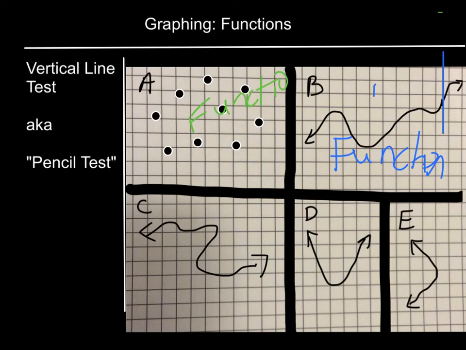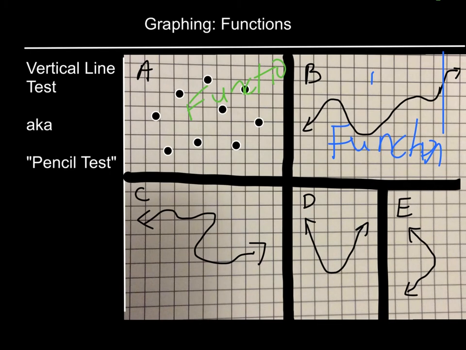As I look at the next one, get myself another vertical line here. Start moving this vertical line across. Again, where I'm looking is right here where it crosses the line that I have drawn. That's the only point that I'm looking at. So as I move this across my line,